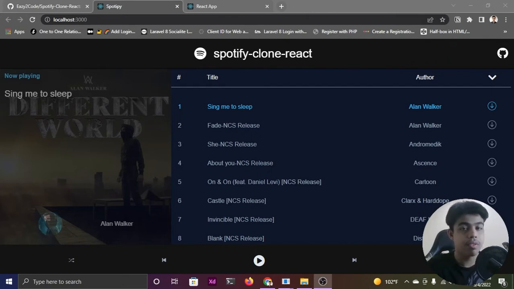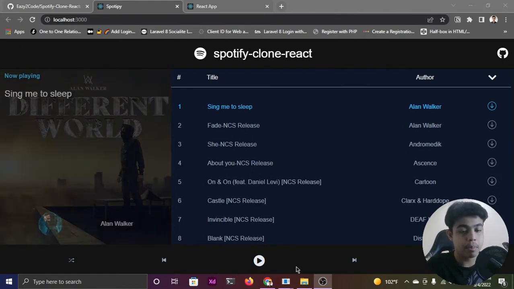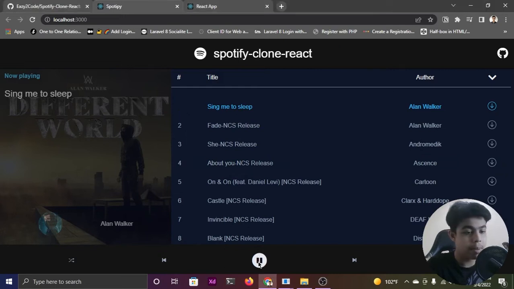are having the Spotify clone that I have created already. On the left hand side, we are having the thumbnail and the title and the order of the songs. On the bottom, we are having the player, and on the right hand side, we are having the list of the songs that we have added in a JSON file. So for example, if I want to listen to a song, when I just click on this play button, the song will start playing, as you can see, with the beautiful